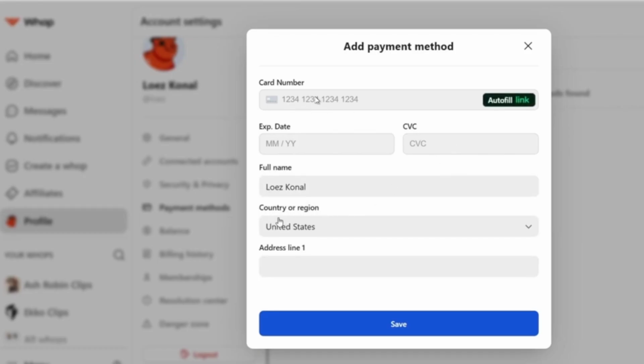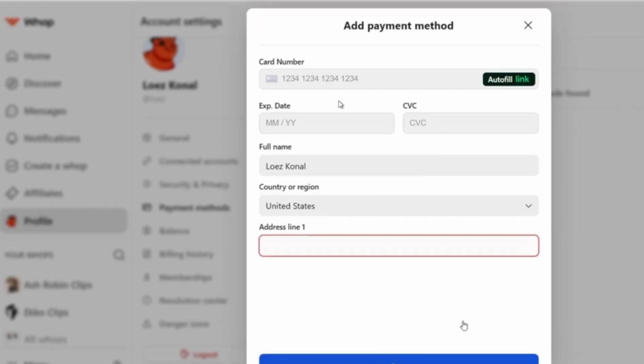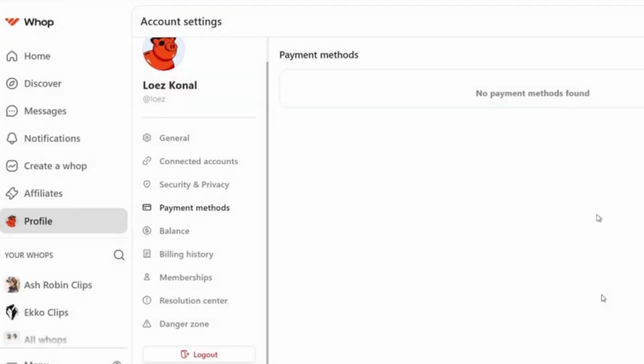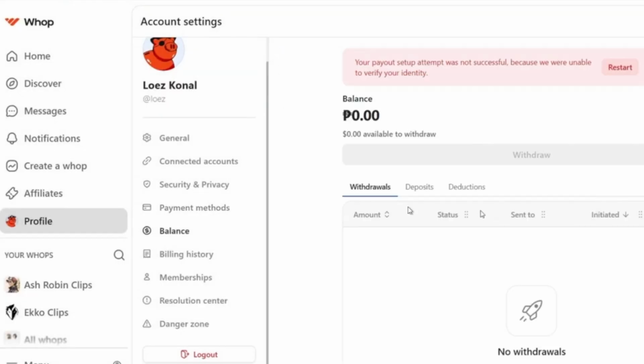Here submit, give information, for example card number, expire date, CVC code, full name, country or region, address line 2, city. Follow the steps to link your bank.